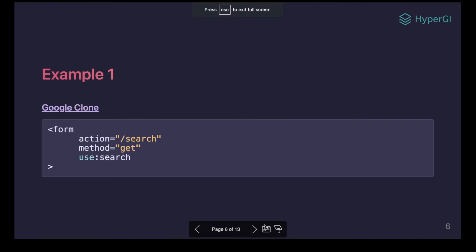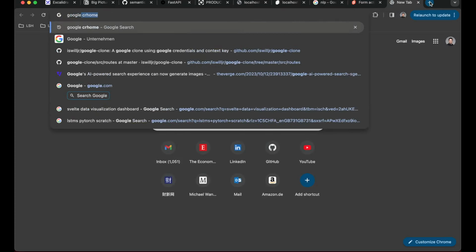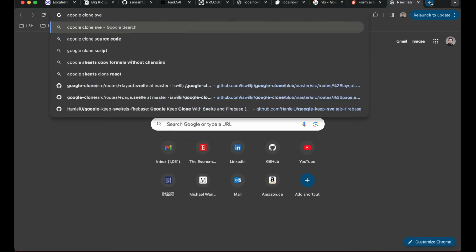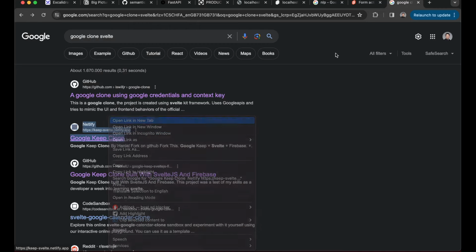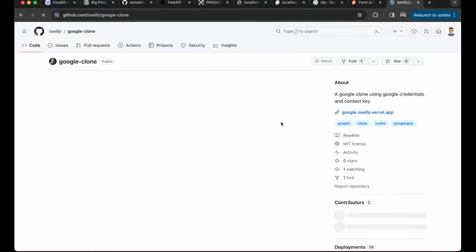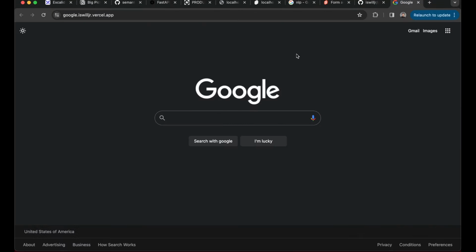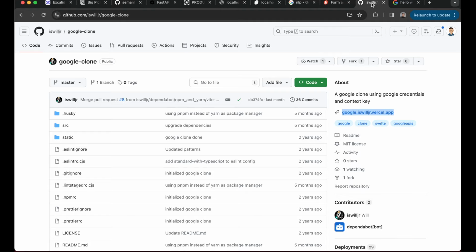Then we talk about the Google clone. Remember, we showed you have an action, you go to the search. So if we come back to this Google clone, and we do hello world, you can see on the top left we go through search, and if we read this code,